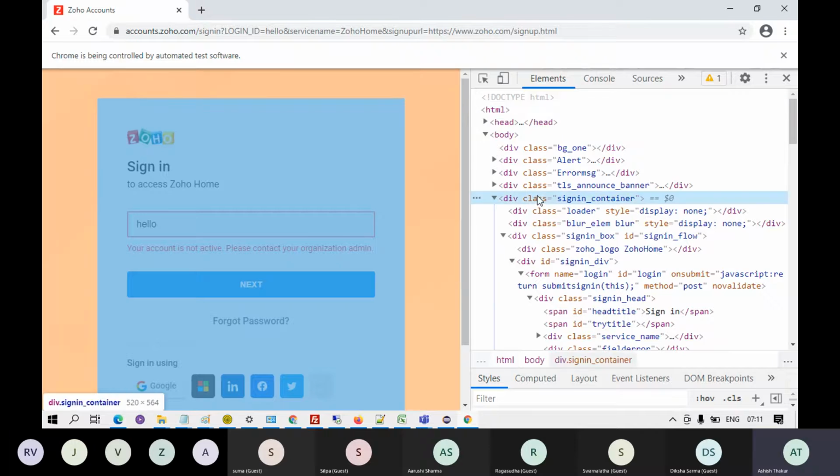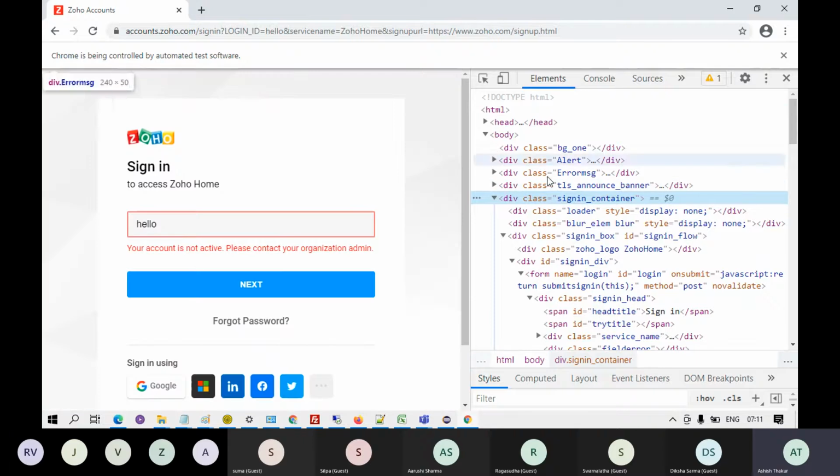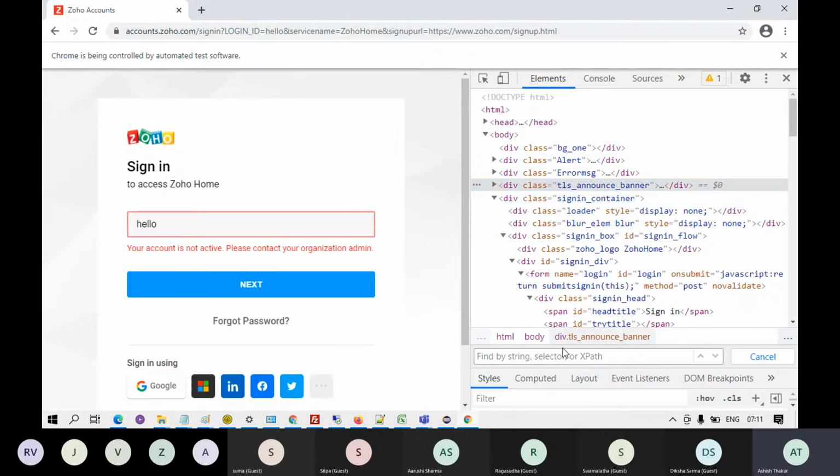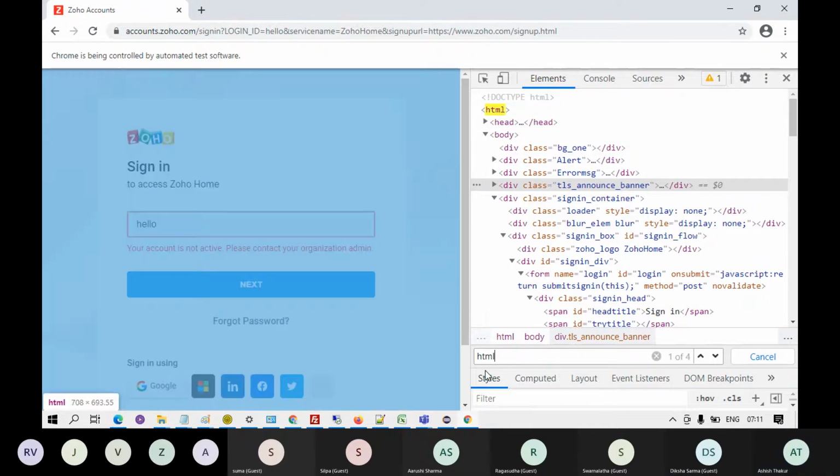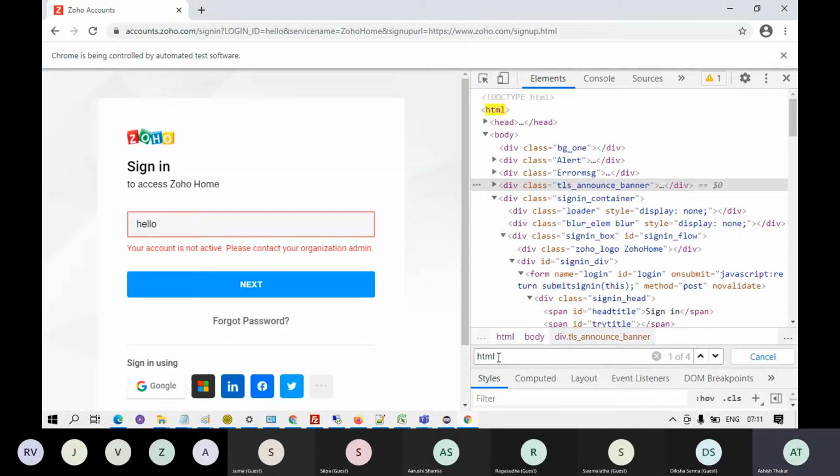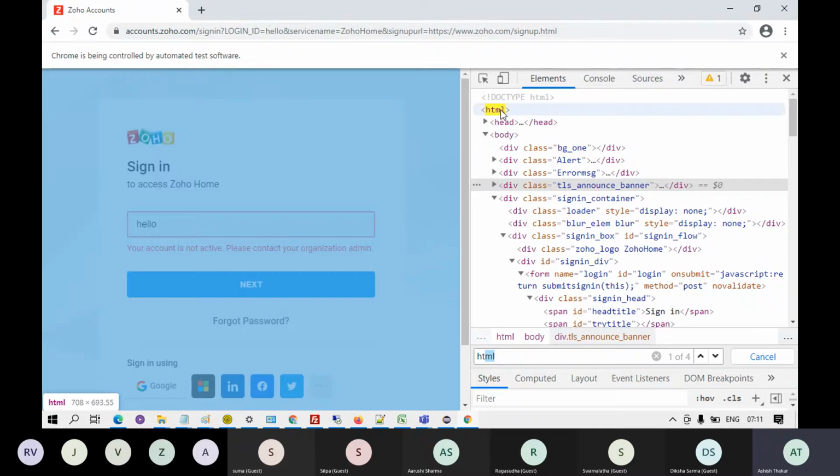Fine. So if you hit Control F of the keyboard, you click on this page source and hit Control F, you will see a text field coming up over here. Okay. So in the text field, I'm going to write the base tag HTML. So if I write HTML over here, then in the page source, the HTML tag would be highlighted in yellow.